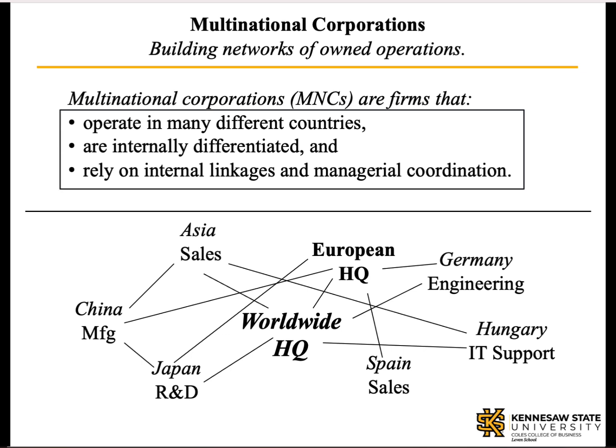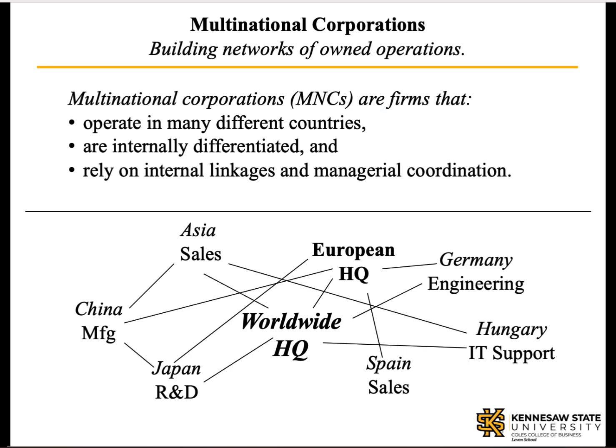What characterizes MNCs are these 3 elements. They have wholly owned operations in many countries. Those operations are differentiated by the country in which they are located and the role that they play. And those varied operations work together in a linked and coordinated way. MNCs evolve into these complex structures by specifying their entry into countries based on a match between their strategic needs and the nature of the country, as described by the CAGE framework,